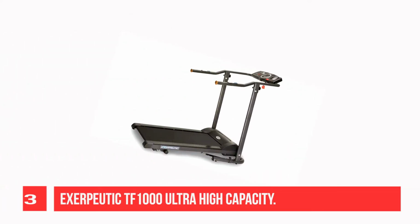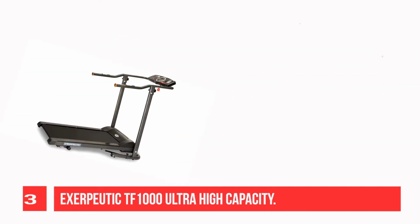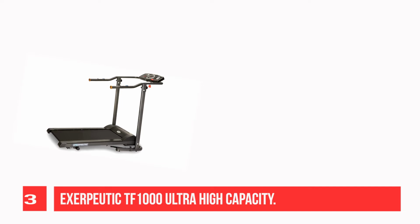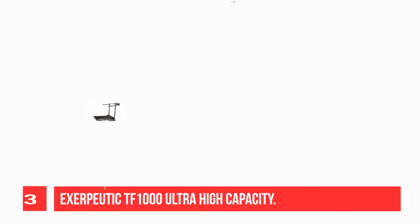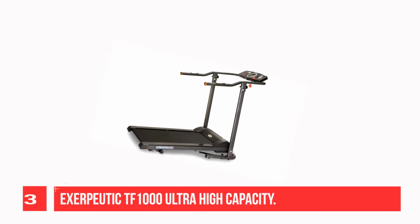Recommendation number 3. EXERPEUTIC TF1000 Ultra High Capacity. The EXERPEUTIC TF1000 Walk-to-Fitness electric treadmill is an effective way to burn extra calories and achieve a healthy lifestyle. Walking on the EXERPEUTIC TF1000 is one of the easiest and most effective ways to achieve a regimen of